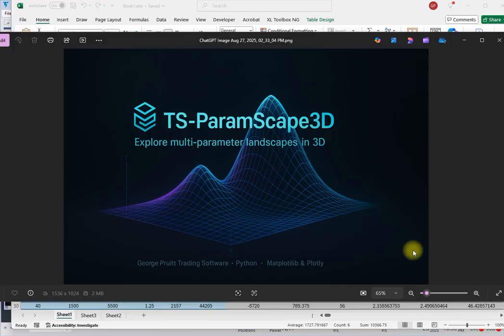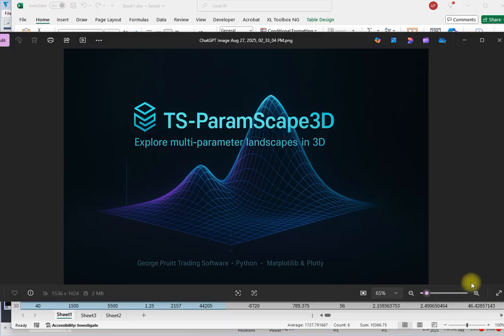I wanted to be able to plot multiple parameters, not just two. If you plot two, you have to have a 3D surface. If you plot three parameters, you would have to have a 4D surface, and if you have four parameters, you'd have to have a 5D surface. And we don't have that capability of 4D or 5D surfaces. So I came up with this idea, and it's a very simple idea, and I'm going to show you how